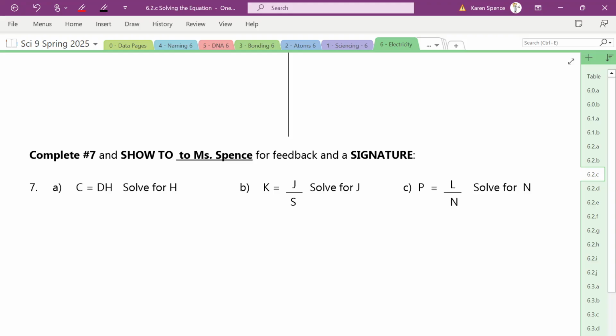It's not by itself though, so we have to move it straight across. So you do that, you put, and then